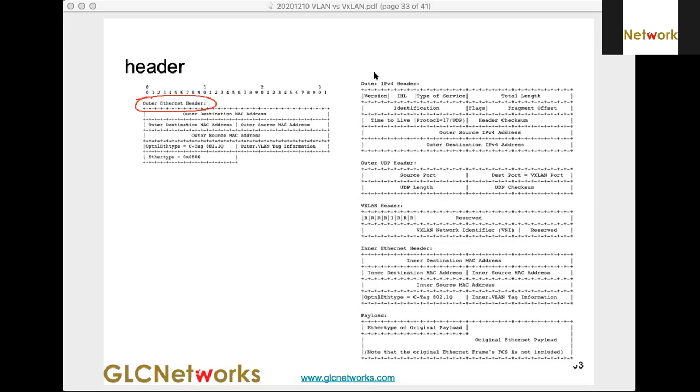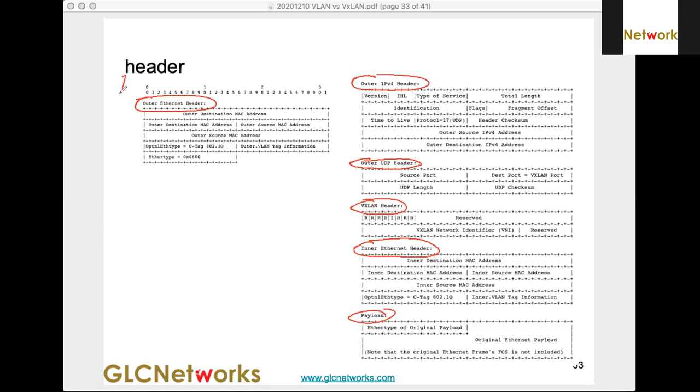So what they do is they usually add more headers in order to encapsulate the original payload. So you have outer IP, outer UDP, outer Ethernet. So this is the outer, and then inside you have a VxLAN header, an internal Ethernet, and then here's the payload.